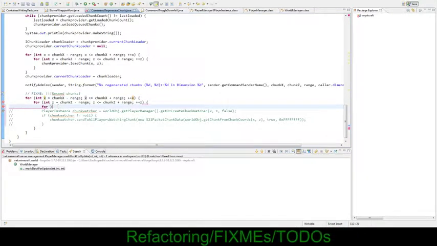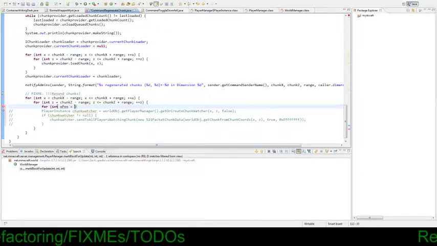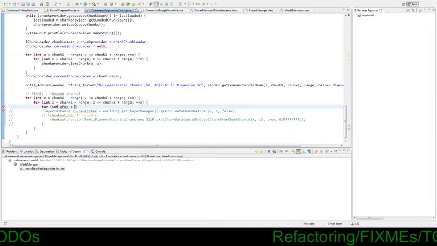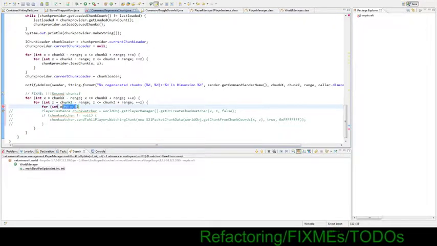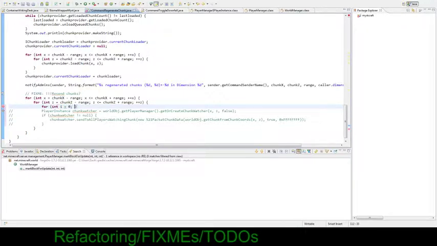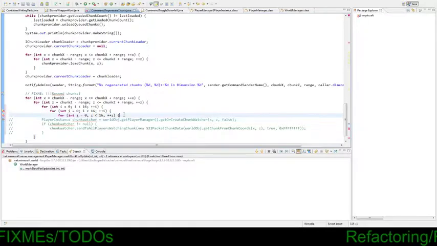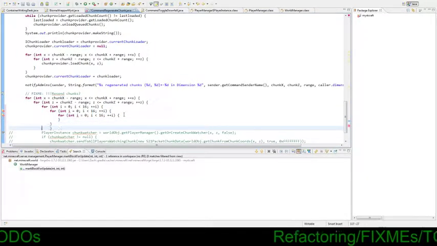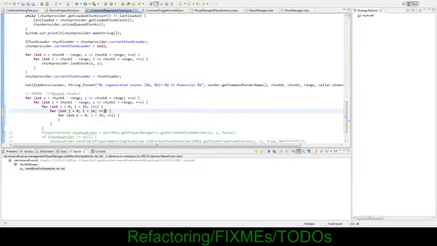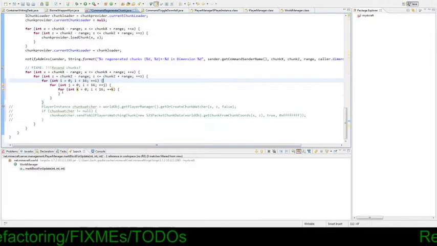Oops. Let me finish typing and go int x position equals... let's actually do it this way. int i equals 0, i is less than 16, plus plus i. Make these j, k. And then,